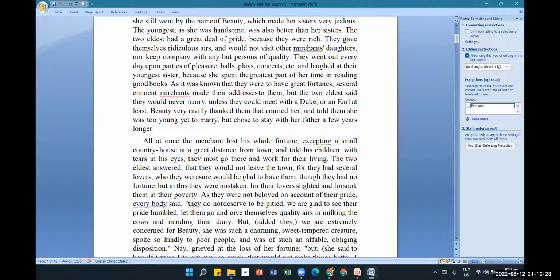Okay. So in this you ask, allow only this set of editing in the document. If you want to protect this, but you can allow track changes, you can click this. Or if you want people to only make comments, you can do that. Or if you want to make it read only, select this. That means nobody can make any changes. If nobody can make any change, and you just send it to them as read only, you take this, then you click here,